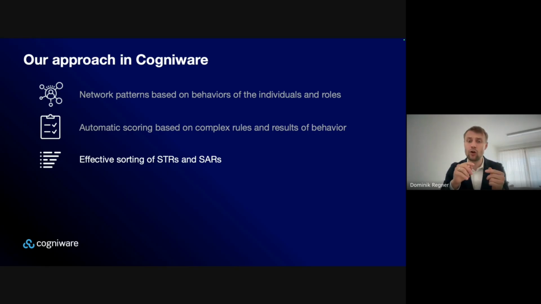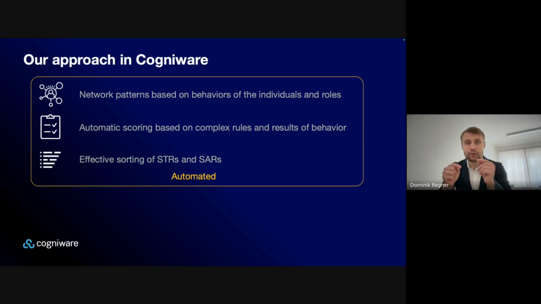And because the score is explained, investigators or internal teams of financial institutions know why the red flag was raised and what is inside the STR and SAR. We are even using AI to provide a unique description of what happened and why the red flag was raised.